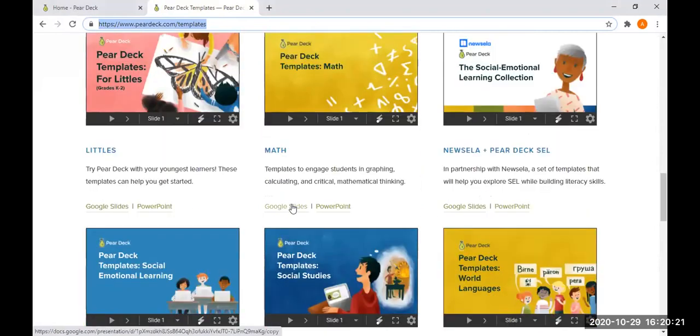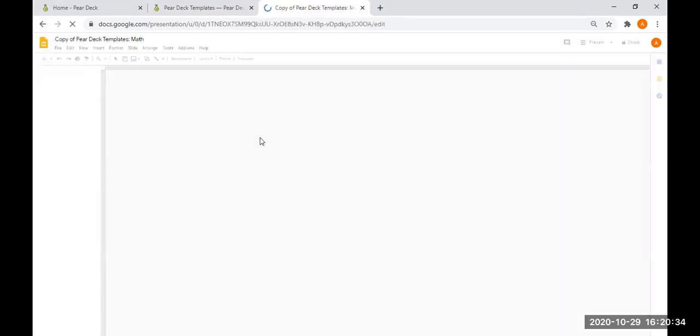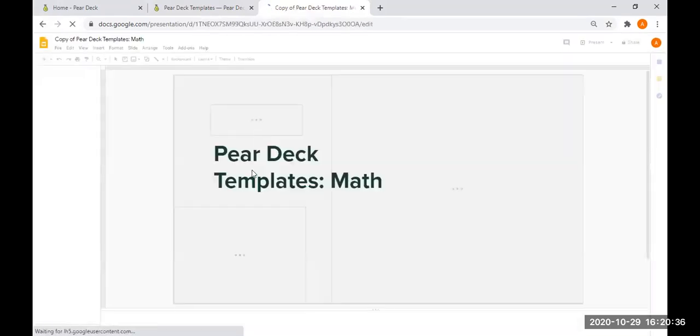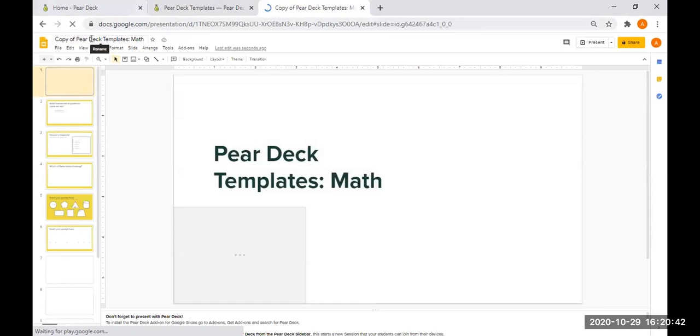So I have clicked on maths, Google slide. This is taking me to my drive. All right, and it is asking me to make a copy of it, right? So now a copy is being made. I got it right there in my Google Slides, right? So what will I do? I'll just quickly